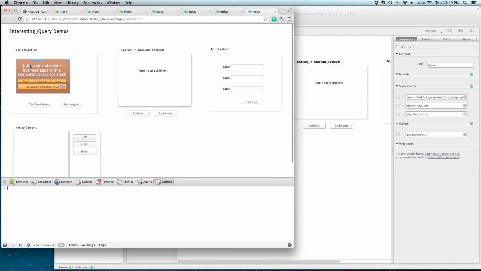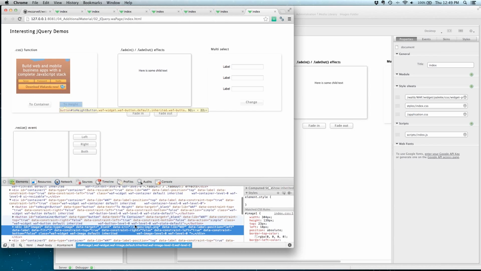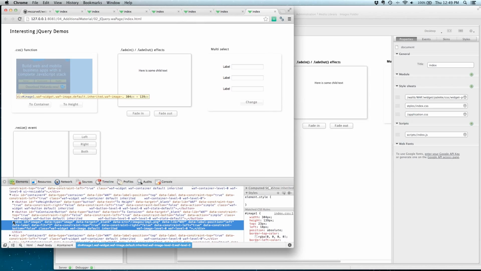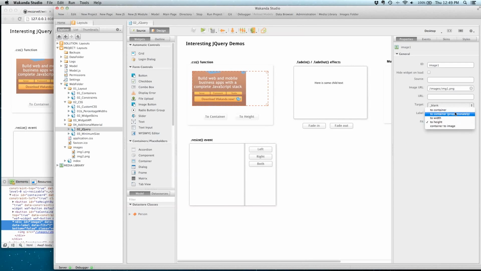One thing that's useful is you can dynamically set inline CSS using jQuery. If we go to Elements and grab this image here, you can see that there's an image that has the height 100. I set this in Wakanda Studio to height. So you've got to height, to width, to container, and different sizing things. There's no Wakanda API yet that allows you to change that